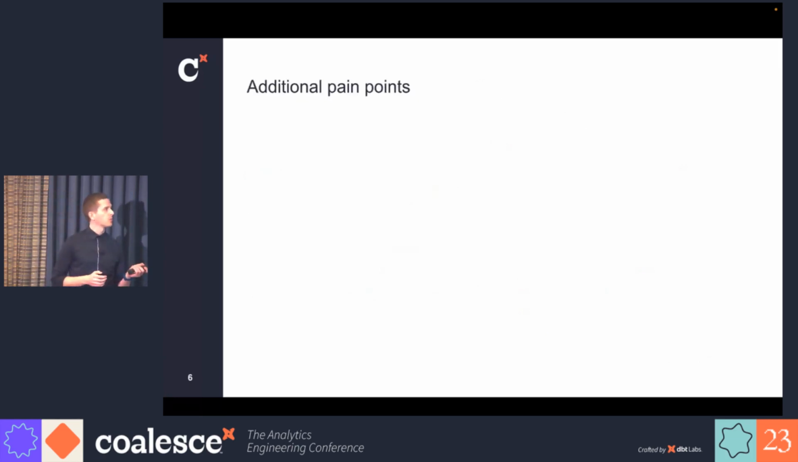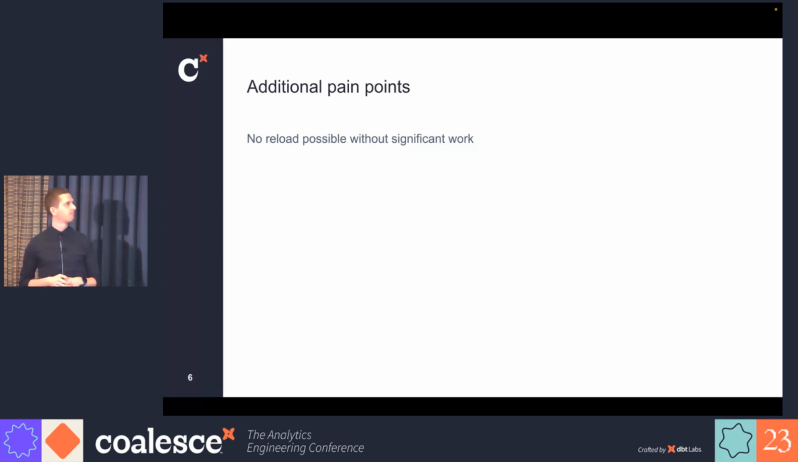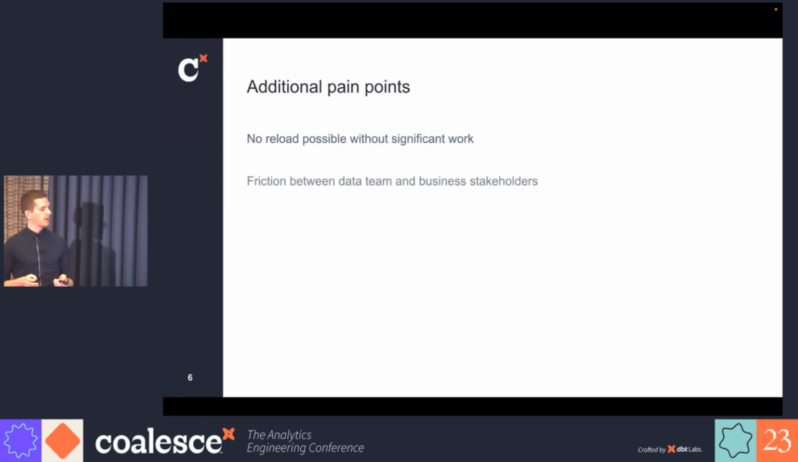Some additional pain points that we had were just due to our setup. We were not really able to reload the data without significant work. So again, if we had some issues in Looker, it would be very difficult to try to reload everything because we had batch data loads, and then those were identified by some IDs. It would take a large amount of time to try to figure out how to reload some data if we were missing this. And this led, of course, to some friction between the data team and the business stakeholder